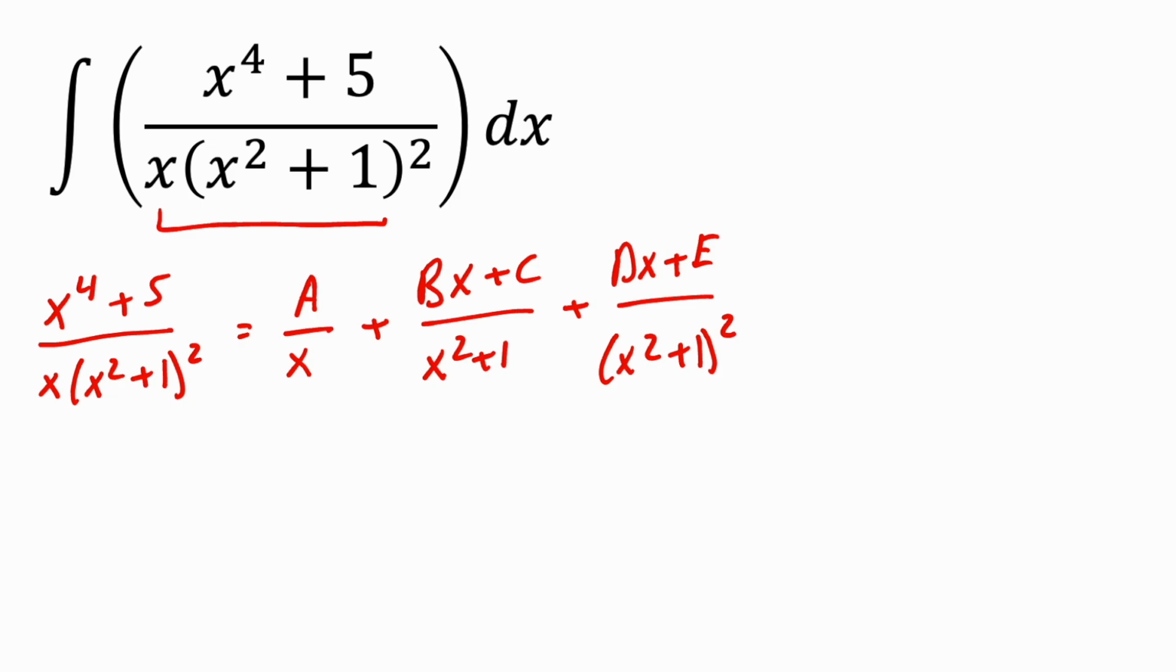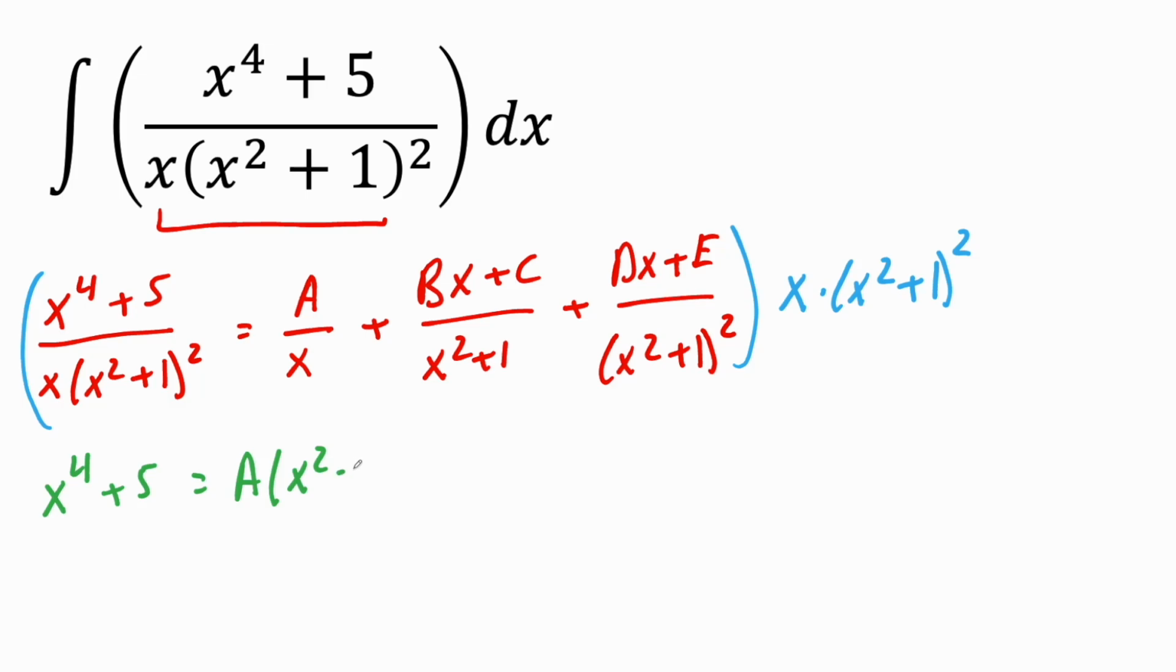Now to avoid fractions, I'm going to multiply everything by x times parentheses x squared plus 1, close it, squared. This will cancel this denominator and we're going to get x raised to 4 plus 5 is equal to A parentheses x squared plus 1, close it, squared, because the x's cancel, plus parentheses Bx plus C, close it, times x times x squared plus 1, close it. Because this piece is missing this x, and it's also missing another x squared plus 1,